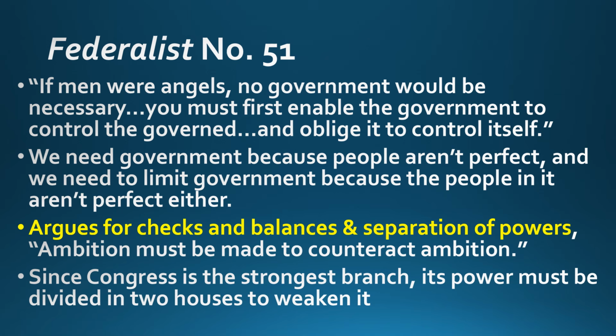So divide power up, separate it, make 3 branches. So we have the legislative, the executive, and the judicial branches. And then give each of them some power, but give them each some power over the others as well. So each branch can check the others because they will jealously guard their own power and not want the other branches to take away their power. So they'll each step up and defend their powers and in turn limit the other branches. So he argues that this will be a successful way to limit the power of government.